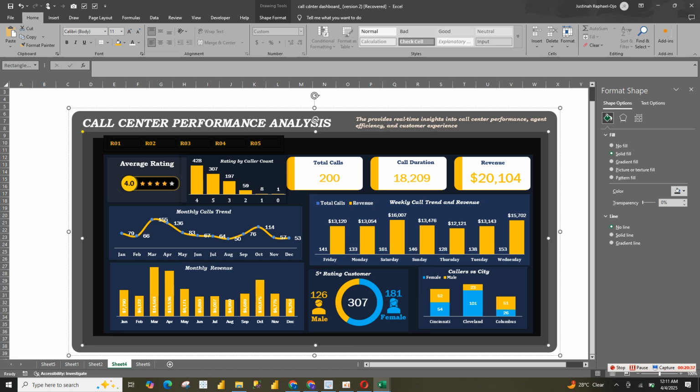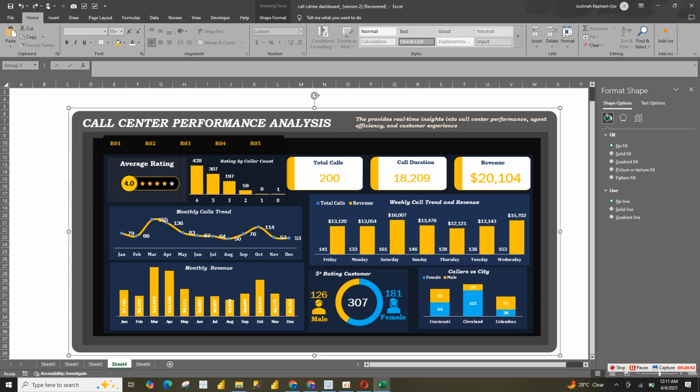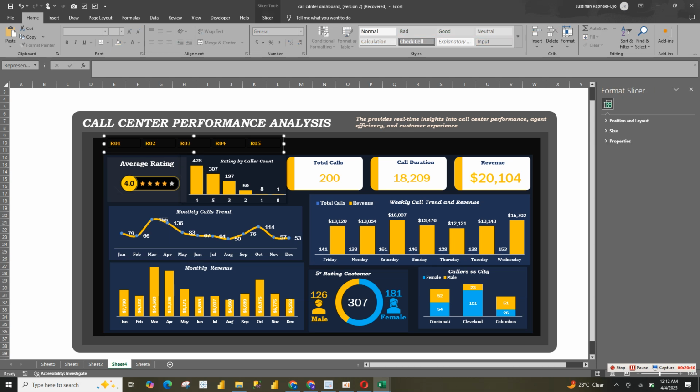See what I'm saying. So now we can expand our slicer like this. So if I decide to expand it,